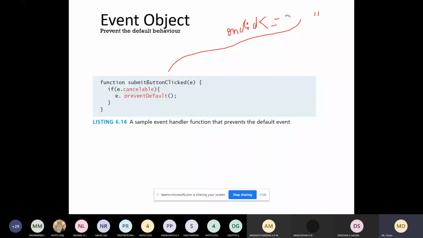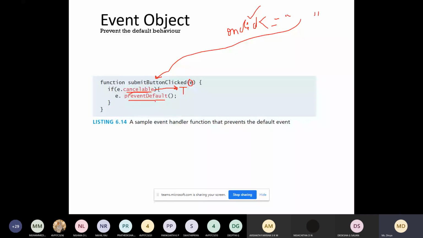Now, when you call this function, an event, that is our click event object, will be created, and for that you are running this property. You are checking whether this click event can be cancelled. It will return two values, either true or false. Let us assume the browser returns the value true after executing this, and then you go to the next line, e dot prevent default.